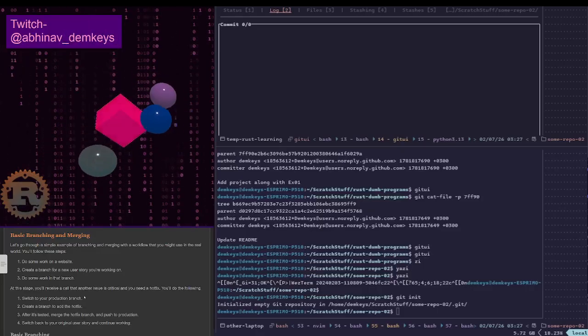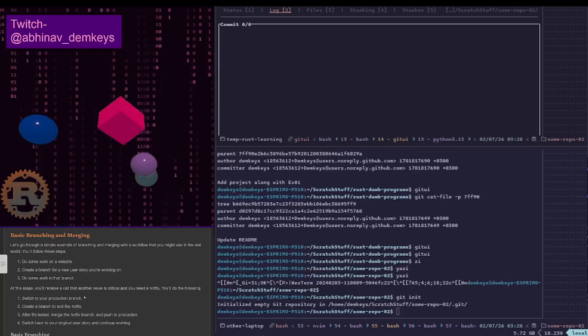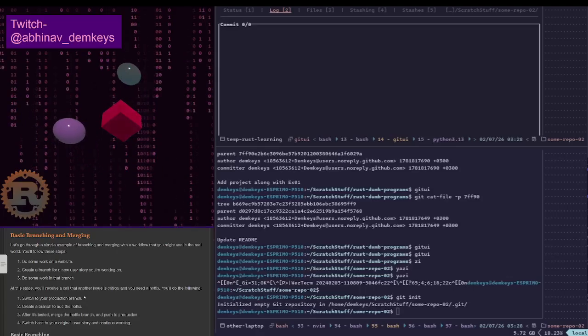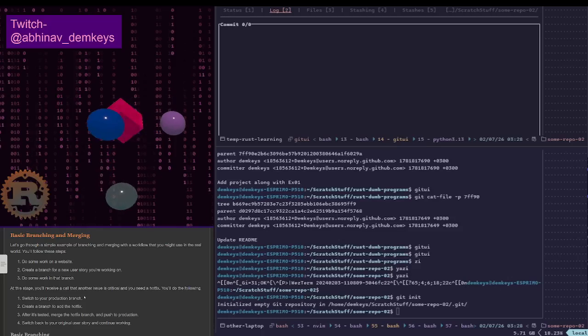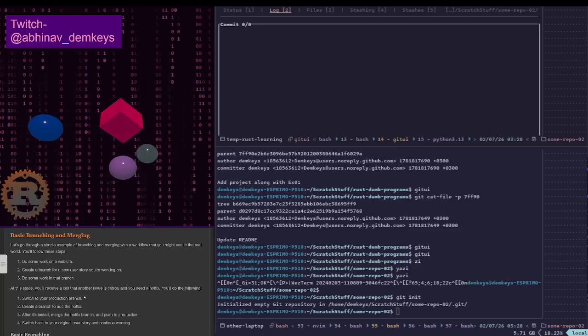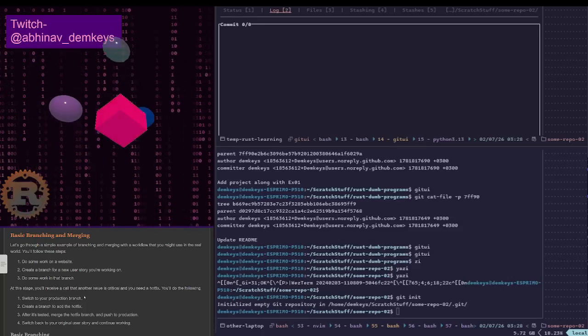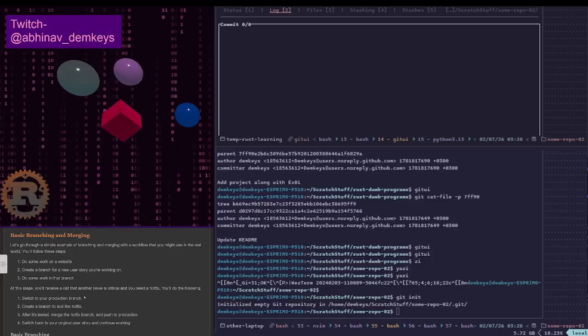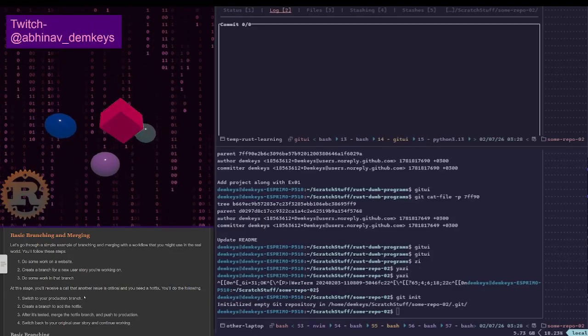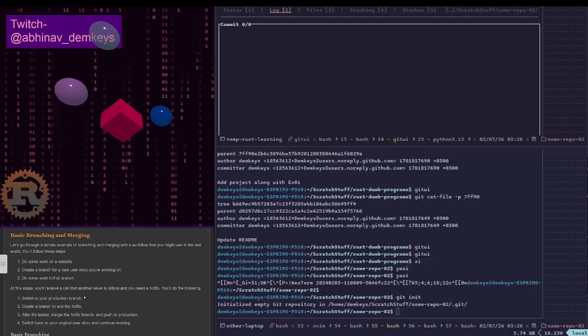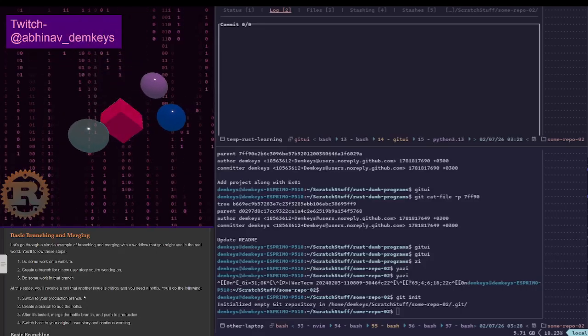But then when we make a commit on that new branch, that branch is going to advance to the next commit, while the master branch, which is our prod, and the user story branch, would remain on their own respective commits.